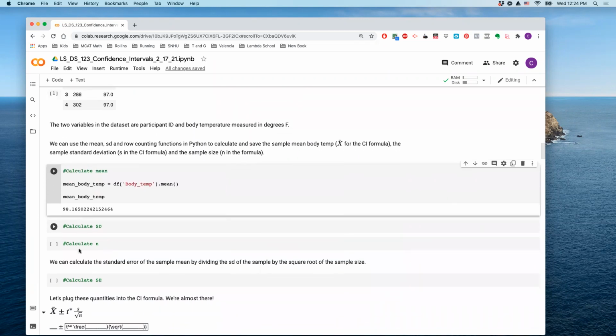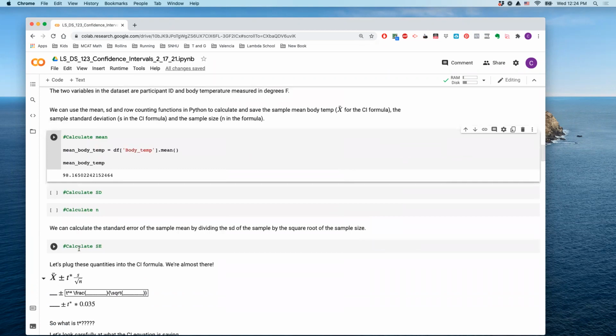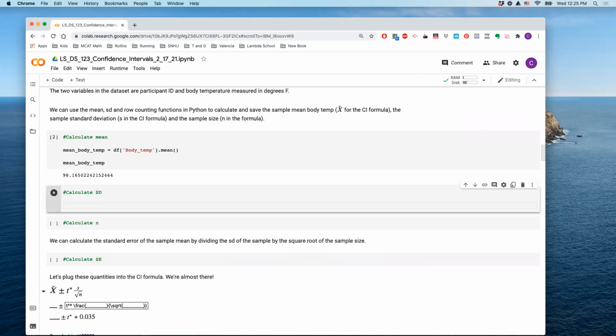So I can run this, and my mean body temperature is about 98.2 degrees. We said normal human body temperature exists in such a small range that being this much below 98.6 degrees is a significant difference. We believe this sample mean of 98.2 degrees gives enough evidence that we don't think the true population mean is actually 98.6 degrees.